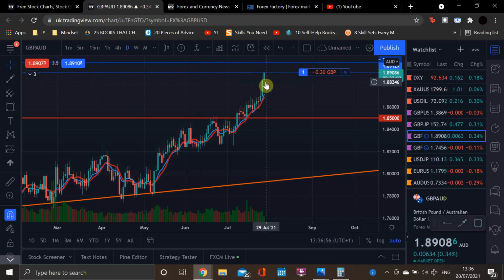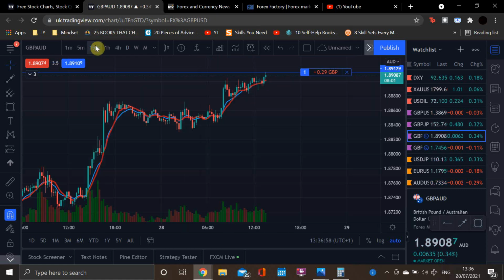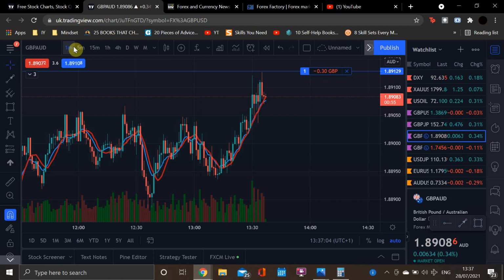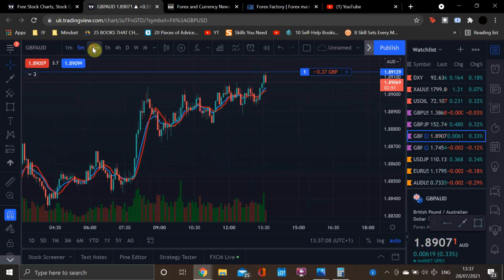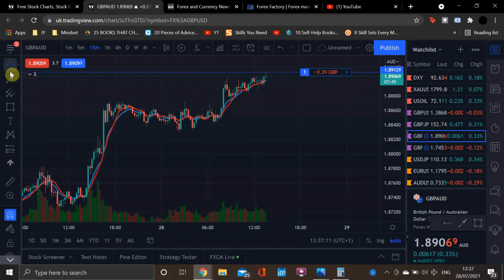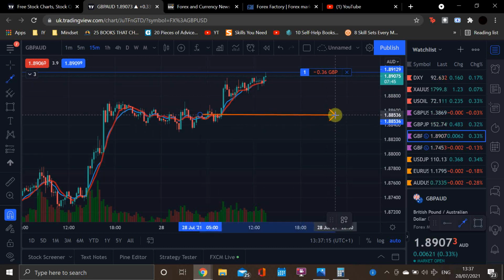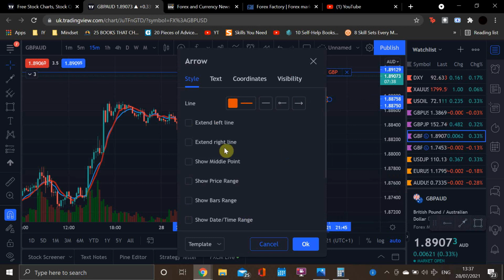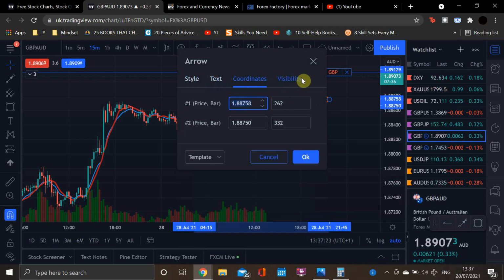3.7. I don't want to watch it too much. But yeah, let me put my stop loss here. I think that's fair. If it closes below here, I'll put